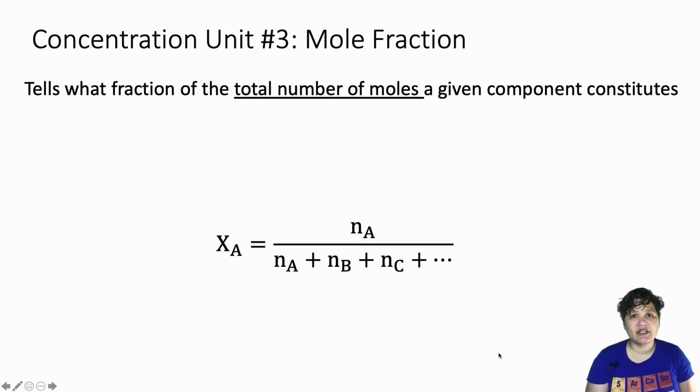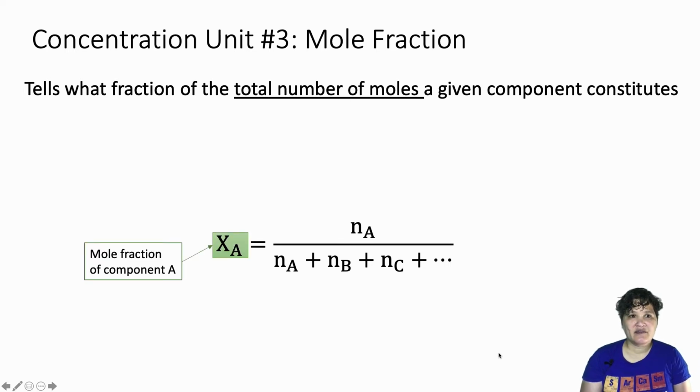Here is an equation, where X subscript A is the mole fraction of component A. This is a generic equation, and so I'm just throwing in random letters for the subscripts. But normally what we put in for that subscript is the actual name. So if you want to find out the mole fraction of water, it will be X subscript water, okay? And essentially what you're going to do